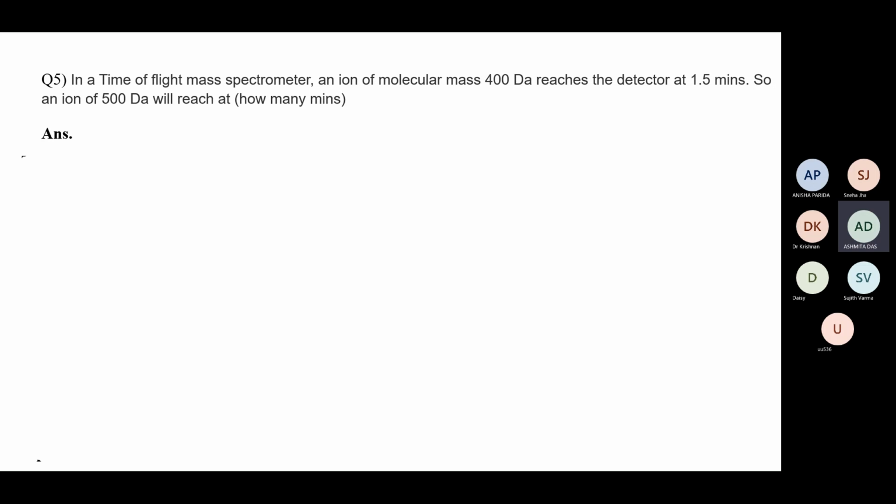The formula is coming from a simple equation, that is kinetic energy, KE, equals half m v square, half mv square. From there we find